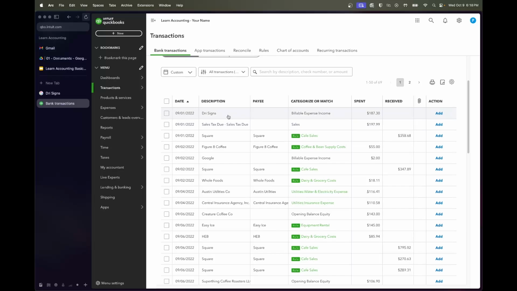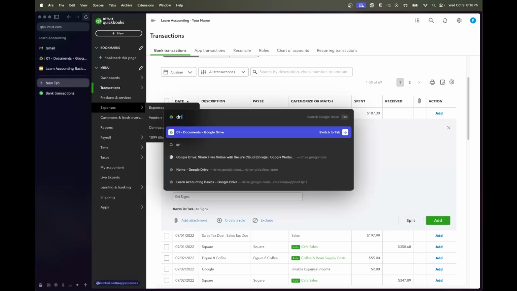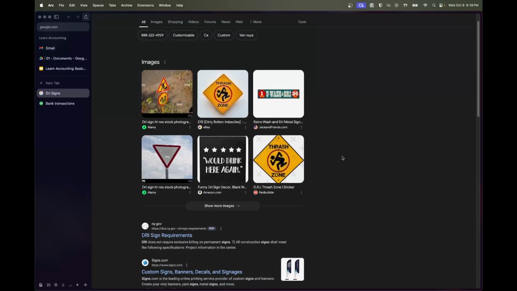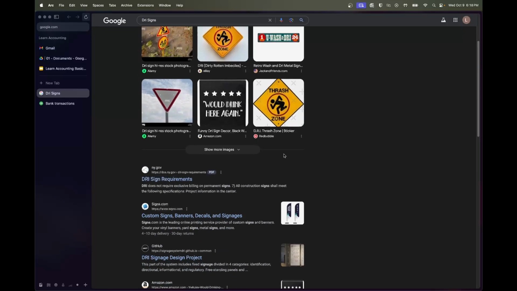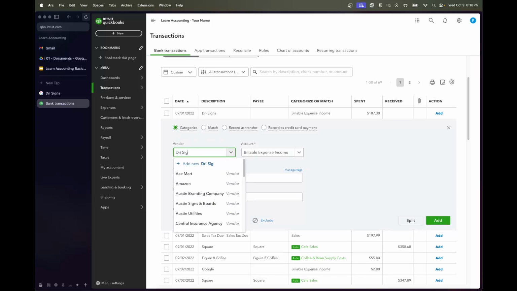Okay, so the next one we have here is dry signs. So we can look this up real quick, and you see I already Googled it out of curiosity. Just by what I'm seeing, it seems like this is one of those signs that you buy to put into the restroom to remind employees to wash their hands after they use a restroom. So we're gonna go ahead and put dry signs in,